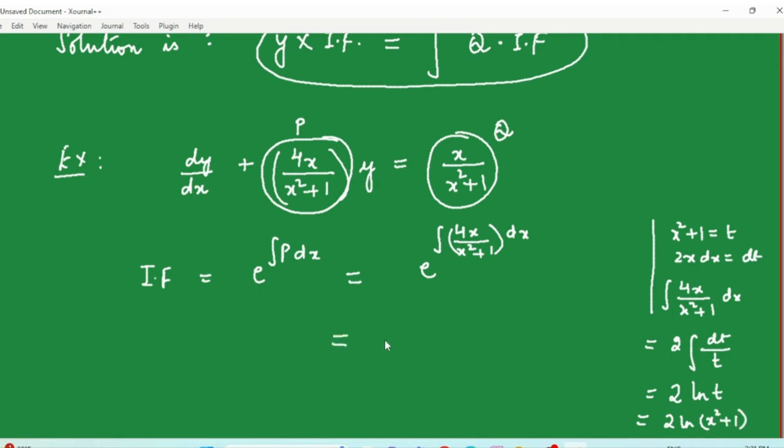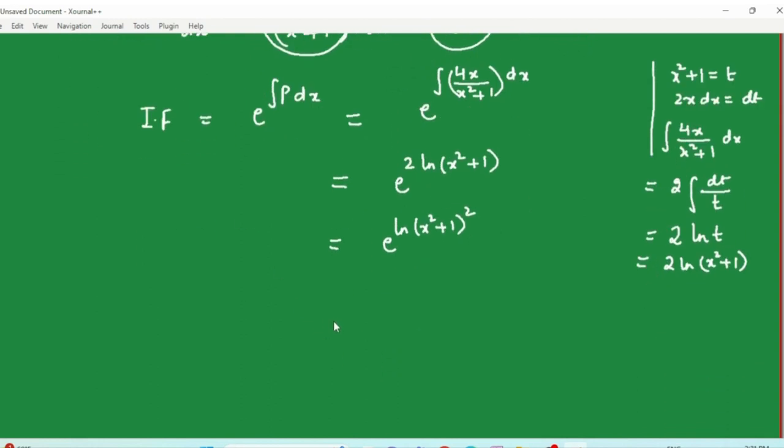So our integrating factor, the integral which is involved in the integrating factor, takes this shape. So I can put the value, this integral has got the value 2 log of x square plus 1. And we know that log and e are inverses of each other, so I can use the property of log to take this constant here in the power of log to write it like this, and then since e and log are inverses of each other, my integrating factor boils down to this expression. So this is what is obtained after doing e to power integral p dx, and the solution, as I told you in the beginning,